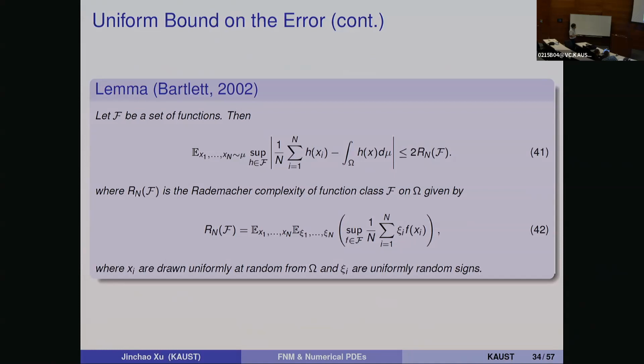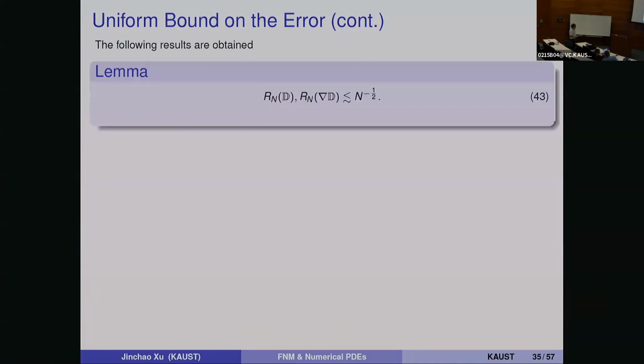Now the question is that if you do the Monte Carlo sampling, you need to estimate this Rademacher complexity. And it turns out if you use the neural network, we can prove, if you take n, no, it's not deep, I'm sorry, a shallow neural network with n neurons,